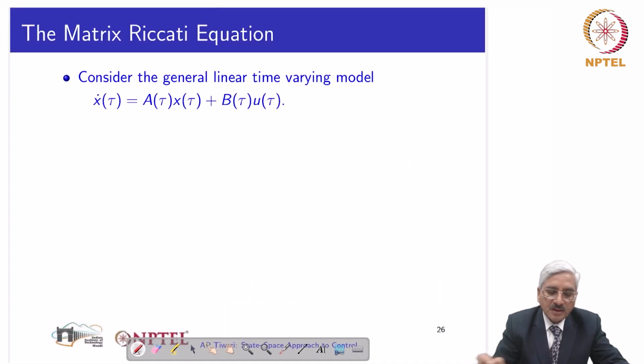So we start from the general linear time varying model x dot equal to A(tau) x(tau) plus B(tau) u(tau). A(tau) and B(tau), we are using the argument time with them, meaning that we are considering the general case of a time varying system. So we are given this system